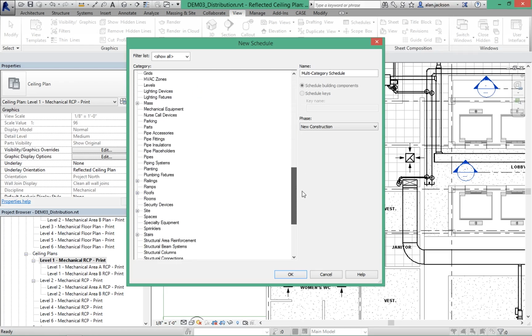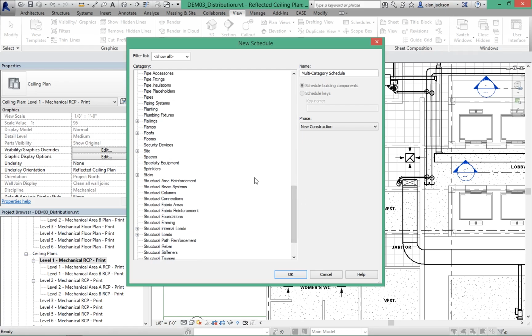The first thing we need to do is select what type of category we're going to create this relationship with. We've already decided that we're going to create this relationship with spaces. So if I highlight spaces, before I click OK, I want to change this radio button from schedule building components, which would just give me a list of spaces, to an actual schedule of keys. What this is going to do is create a set of keys for us. And these keys are going to relate to the type of space that these rooms are,